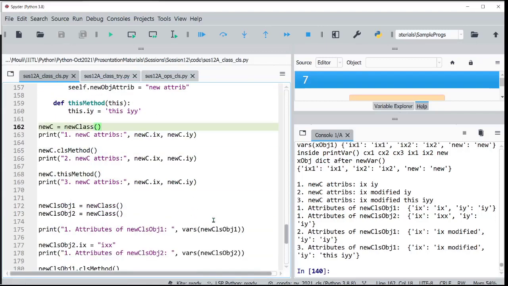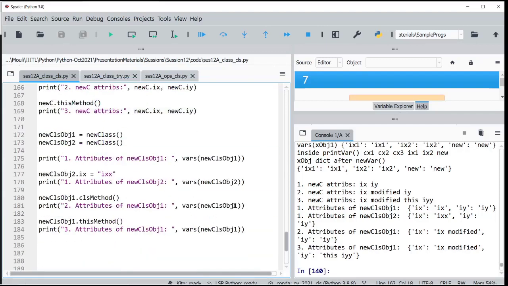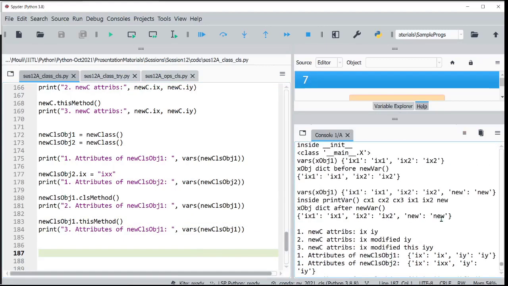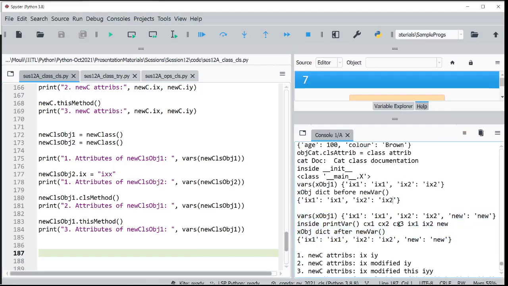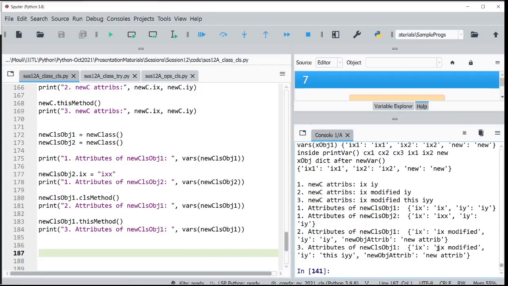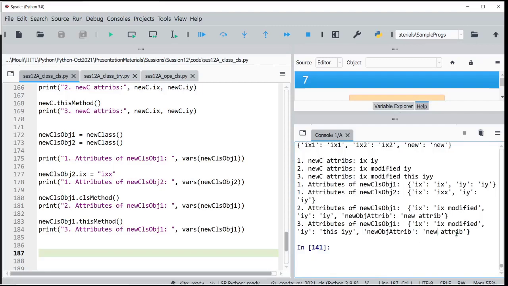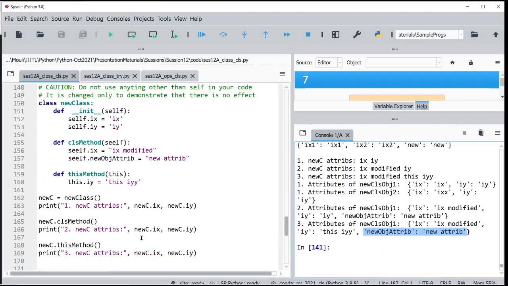Now I'm printing here, so that will get reflected here. The new attribute has come here whenever I'm using vars. Otherwise it will be hidden. If I am not accessing it directly, it will be there anyway. I am not accessing it in this place, but if I use vars, then all the attributes are printed. So you can add a new attribute also using this, doesn't matter.